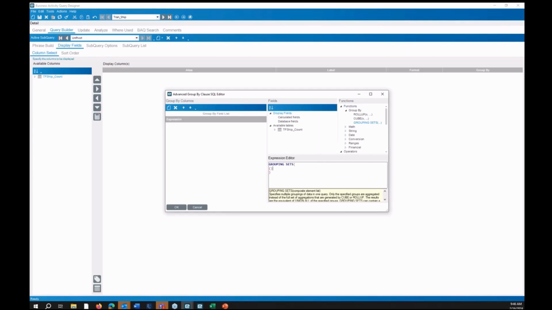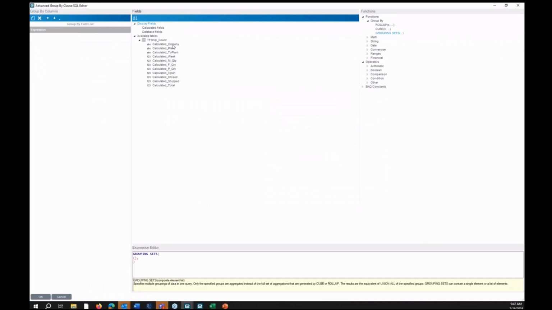In this grouping set, we are going to start out with our database fields. We're going to add our company and our plant and our food plant, and then we're